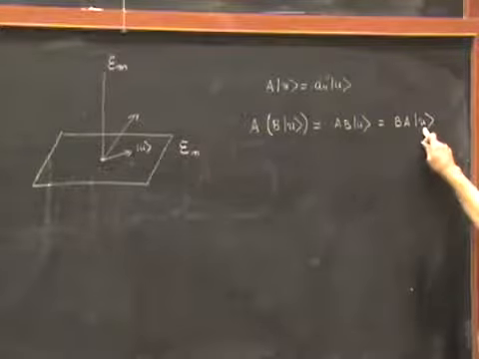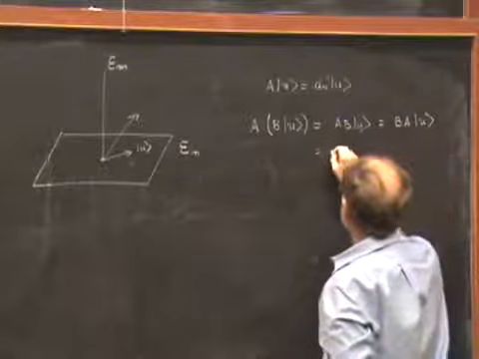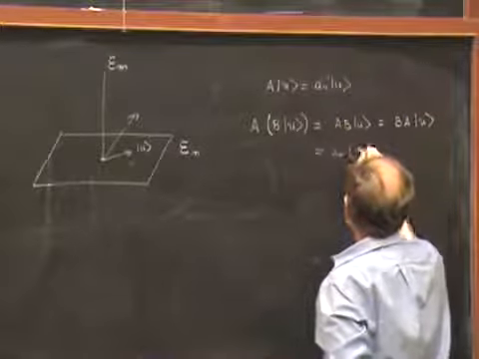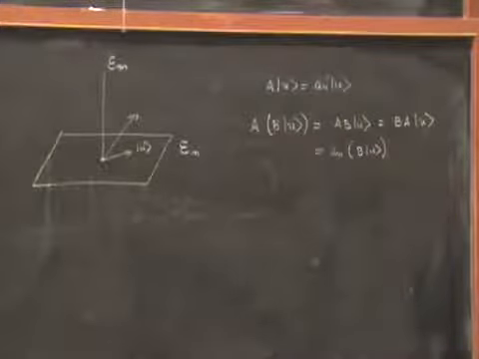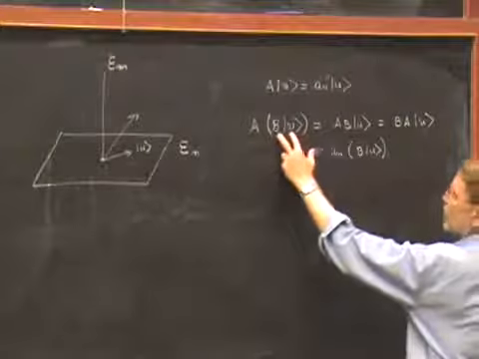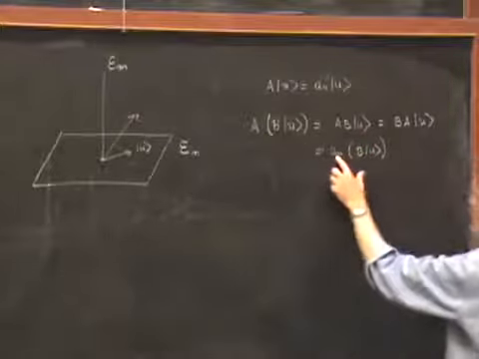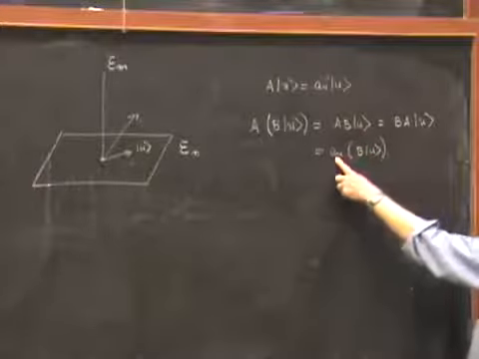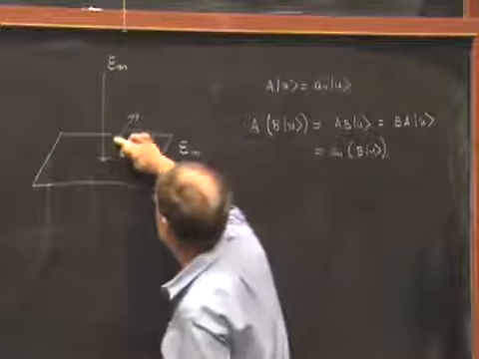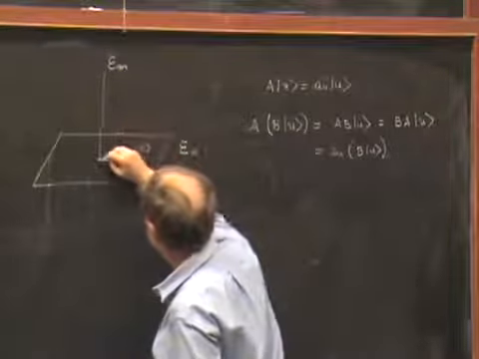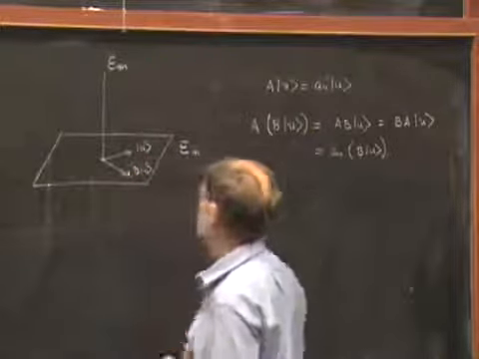Then A acts on U and brings out the eigenvalue An, which is just a number. So this can be written as An times B acting on U. The result is that the vector BU is an eigenvector of A with the eigenvalue An. That means it belongs to the space En, and so the picture I drew is wrong. Instead, BU has to be some vector that's also inside this space.